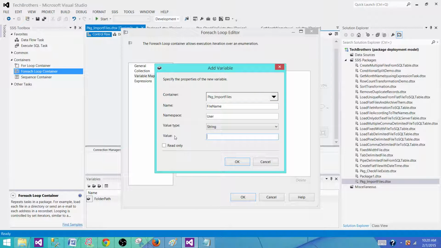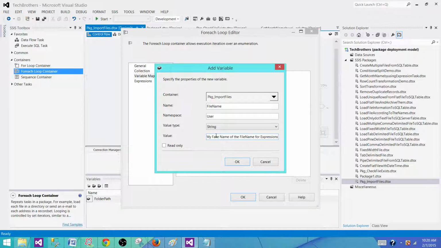What I'm going to do here is provide a false value, just a fake value. So when I use this variable in the expression, I can take a look if the expressions are evaluated as true and correctly. So I'm going to give the name my fake name of the file name for expressions,